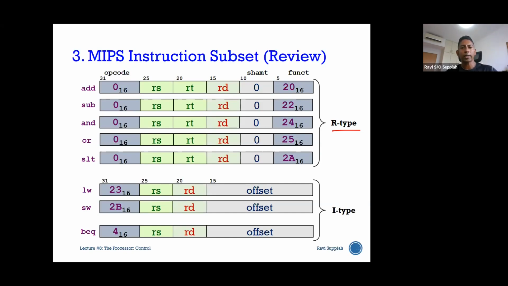For all R type instructions, we have this format. When you look at I type instructions, you have opcode, RS, RT, and then the remaining 16 bits is the offset. This is based on the memory access, or in the BEQ instruction it is the offset from PC